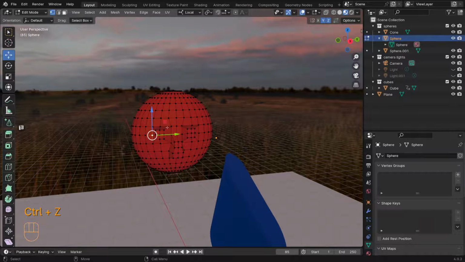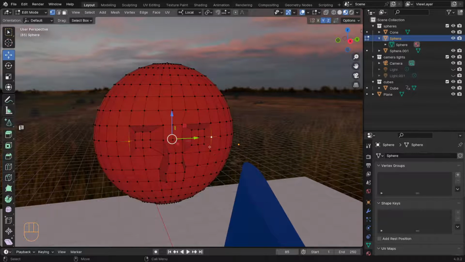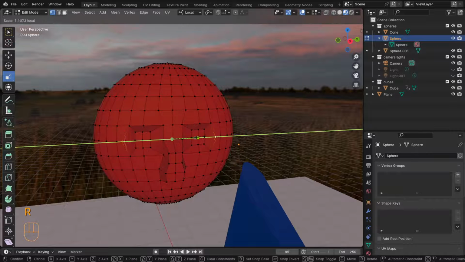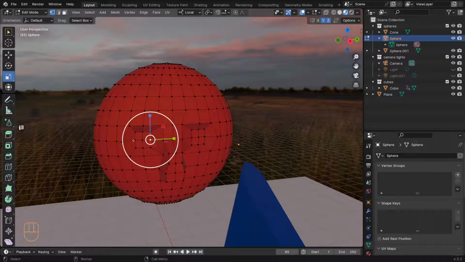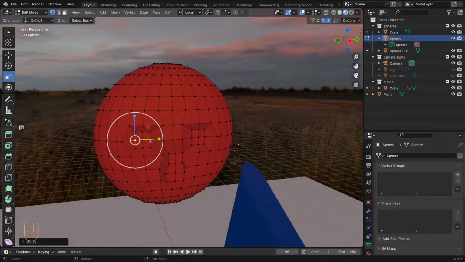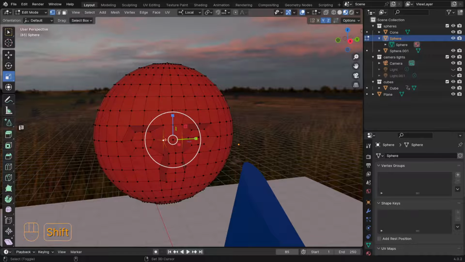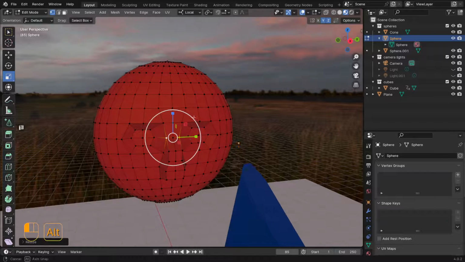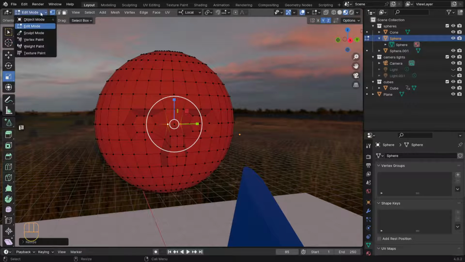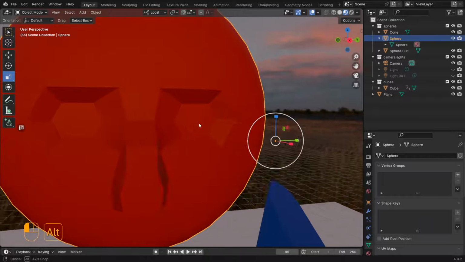I've done something that's thrown the symmetry off, but we'll get into that for modeling in the next video. But I don't have to be perfect here. All right. Let's call that an eye. It's not great, but